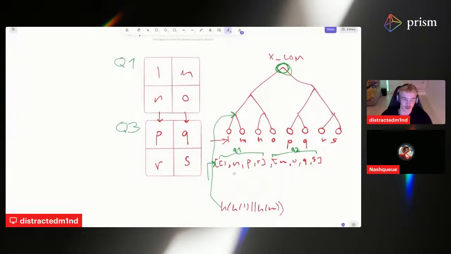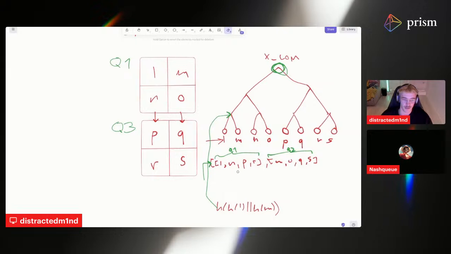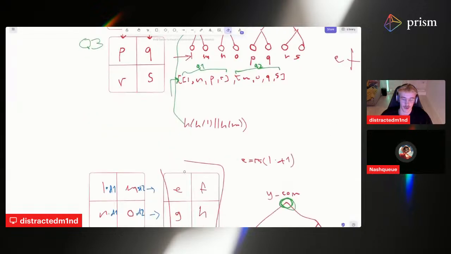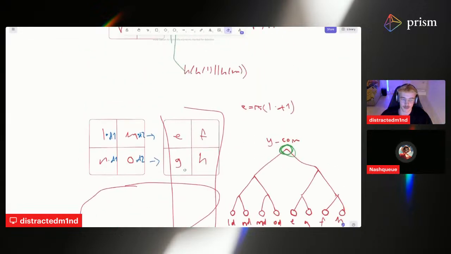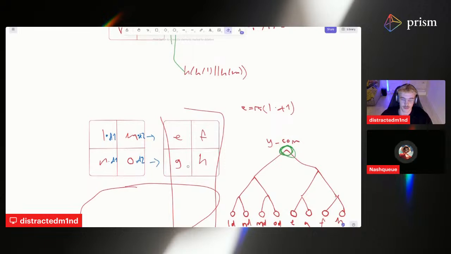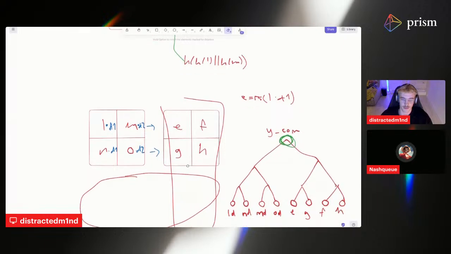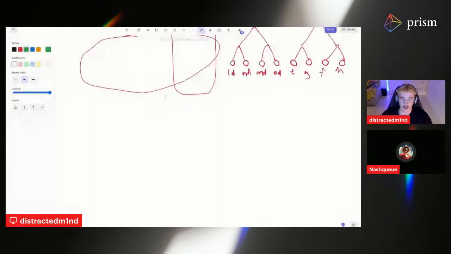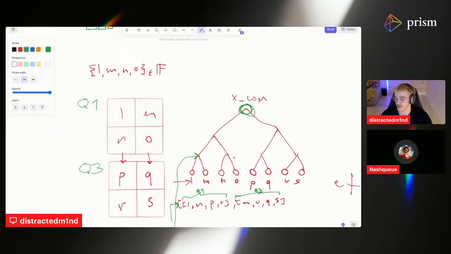So we should do the same thing with the Y commitment now. Which is just the right side? No, yeah, it's the top side. So it's Q1 and Q2. Oh, so the question I asked right before you left was, can you explain why this tree is not sufficient? Why do we need more trees?